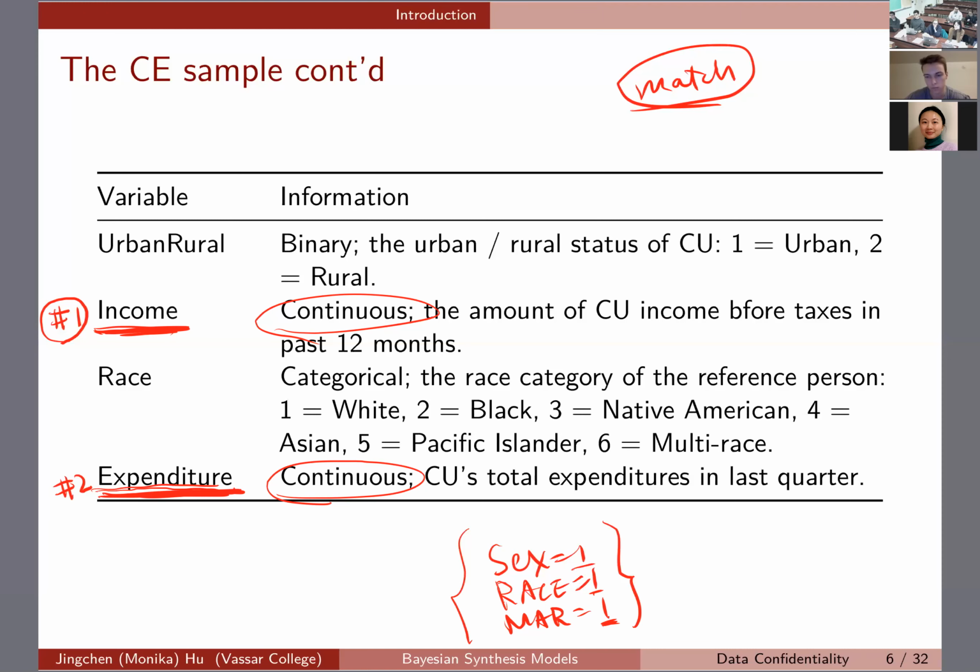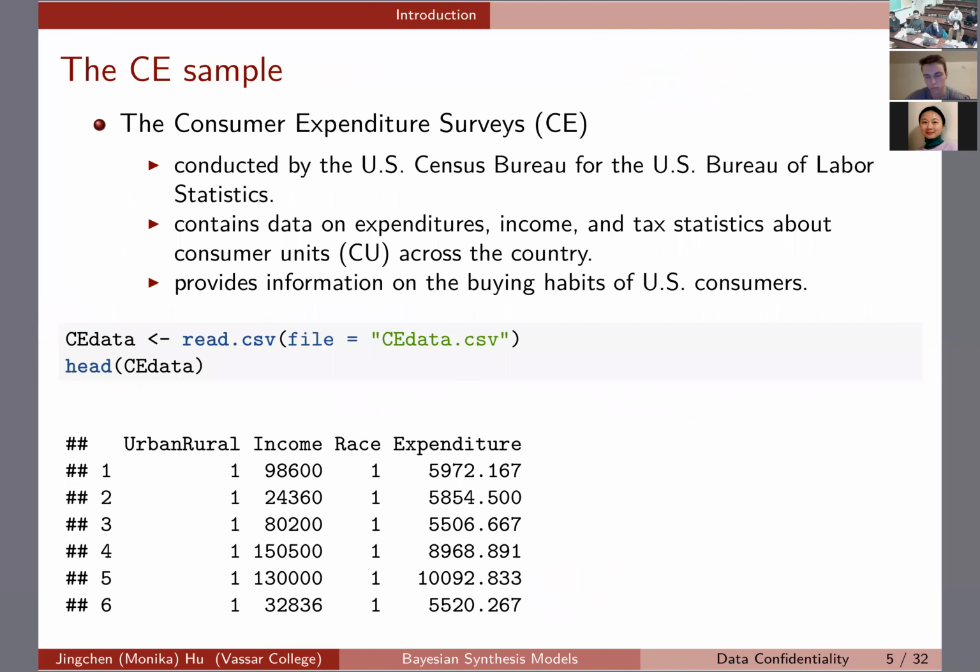If someone, let's see, we go back to this slide, and say those records, first record, income 98600, right? And expenditure, well, it's 3 decimal places. What do we mean when we say they're sensitive or this record is at high risk? Do we match exactly those values, or something else? With urban and race, it is still relatively straightforward because they're categorical. If I want to count how many observations are similar to my first record, or my neighbor whose urban rural is 1, race is 1,